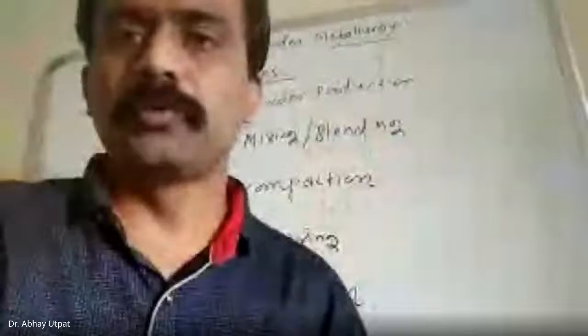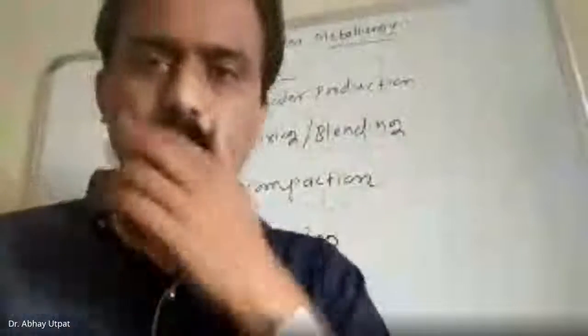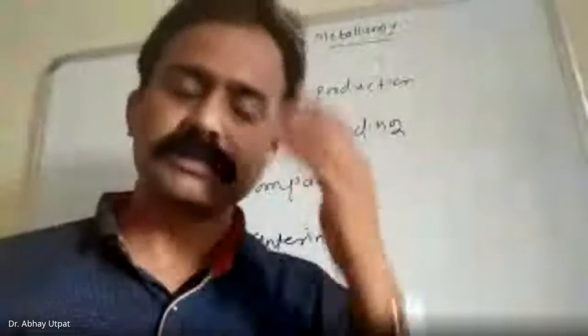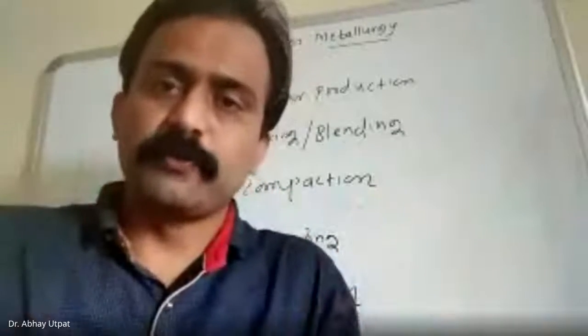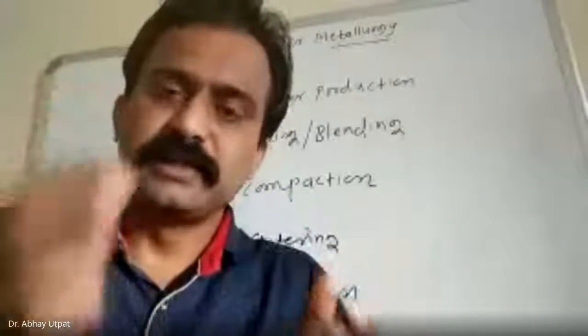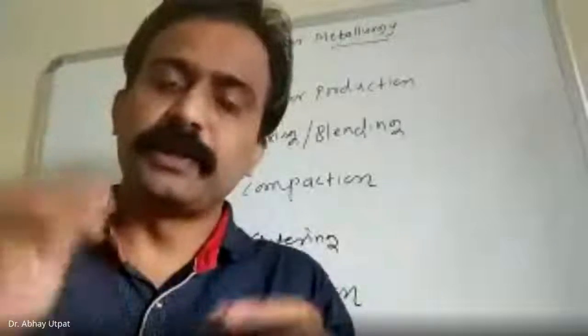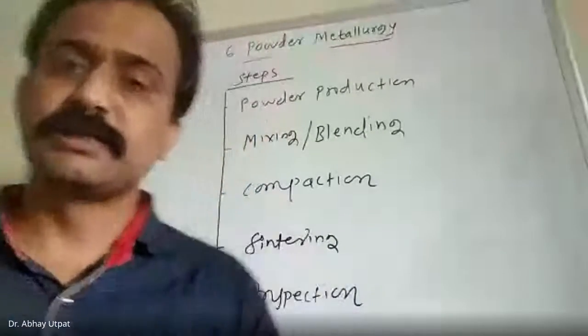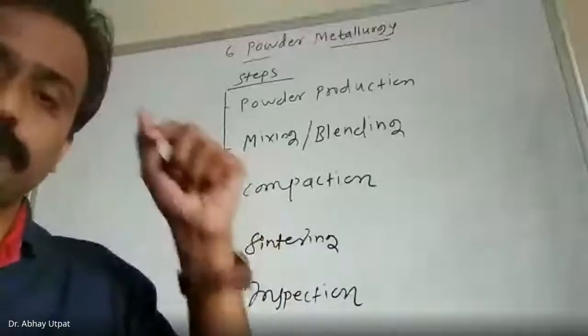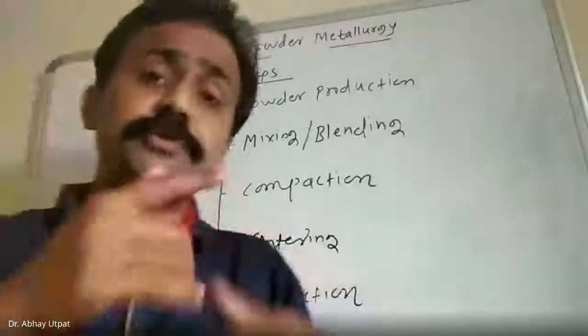Okay. Now, second thing, once powder is available with me, I have to produce the component from it. That means I have to produce the solid component from it. I have loose powder with me. Then these powders are to be bonded together. For that purpose, some lubricating oils and other parts are to be there,